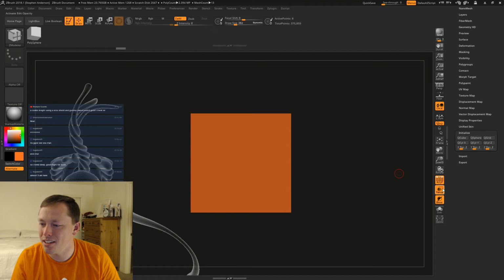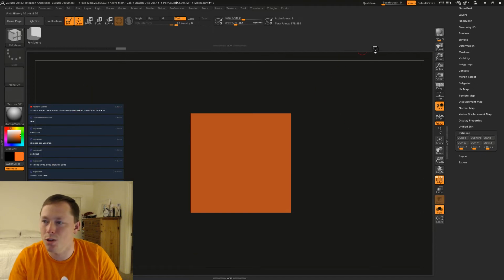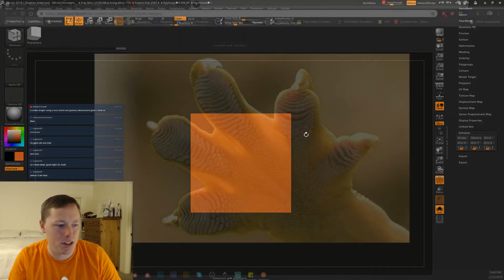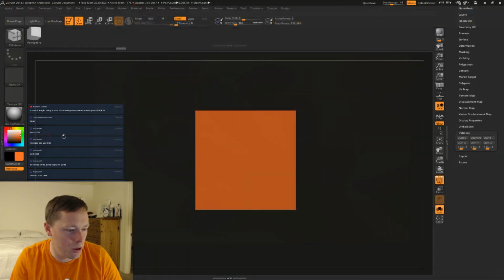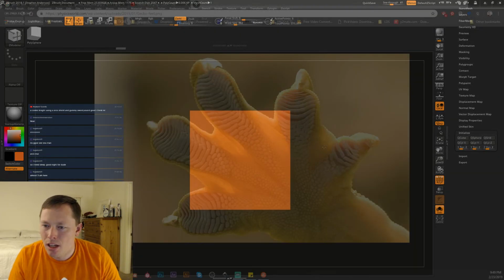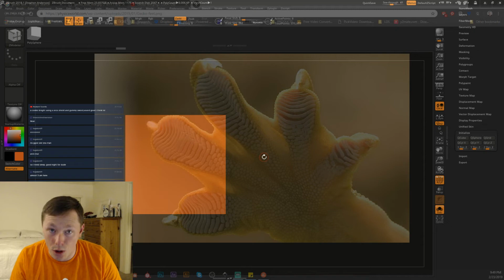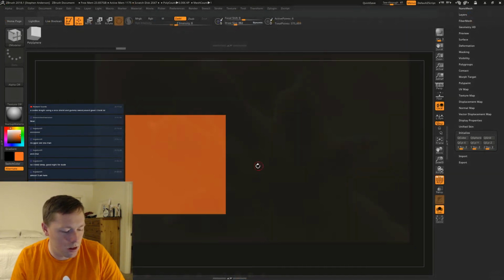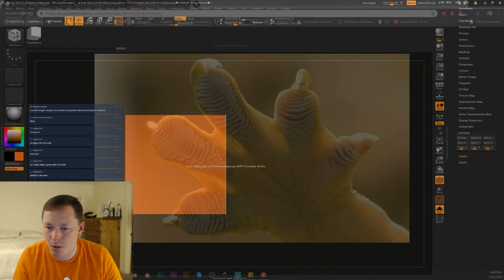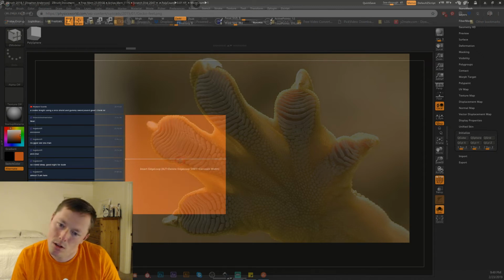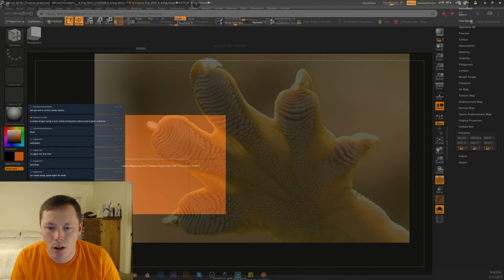Oh, not that. Turn off transparency, turn on solo. Let's turn on our see-through so we can see through. Okay, so what we want to do, this is where I'm going to start inserting edges. Okay, here's what we're going to do.